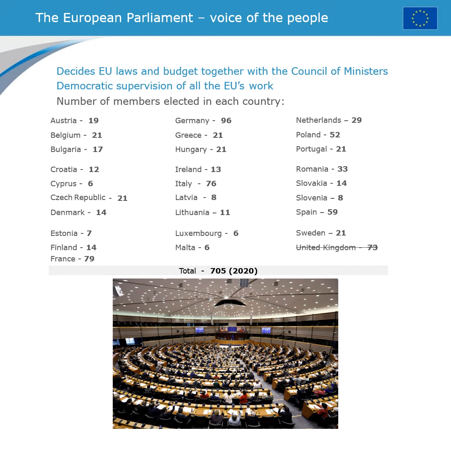The United Kingdom is out now, here at the bottom left. And you see the countries get seats according to their size. Which was the biggest country? Most people here, Germany. Second biggest, that was France. Then we come to Italy, Spain, Poland, and so on and so forth. And the smallest countries, the tiniest countries, it's actually these two here, have 6 members each, which is more than their proportional share, but 6 is the minimum representation in Parliament.